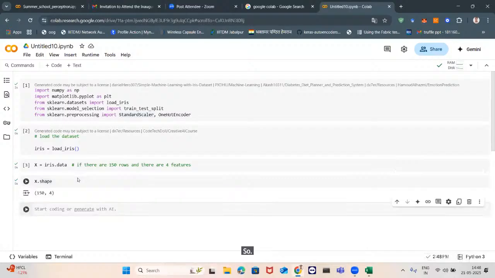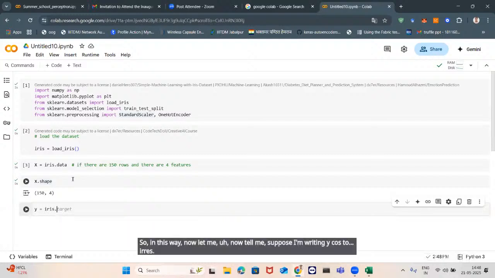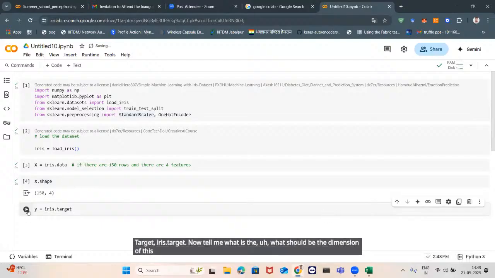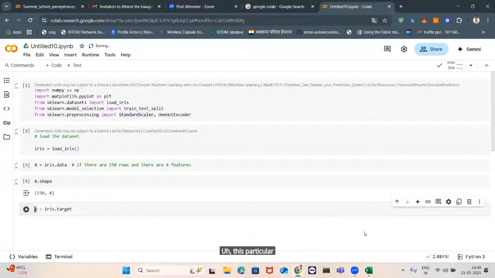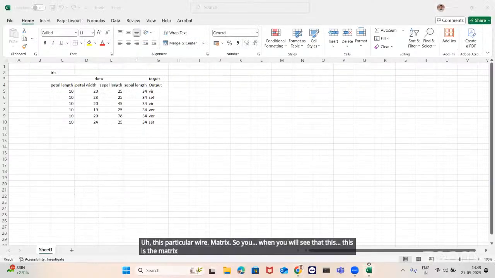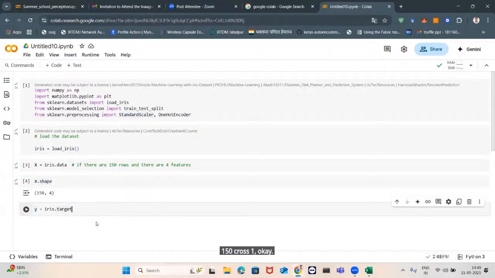So in this way, now tell me, suppose I am writing y equals iris.target. Now tell me what should be the dimension of this particular y matrix. So when you will see that this is the matrix, what should be the dimension? 150 cross 1. Okay. So let us see